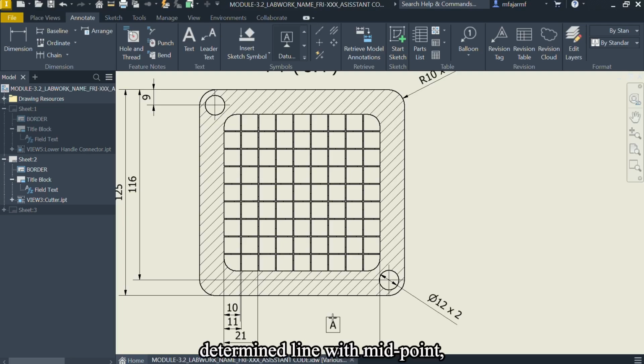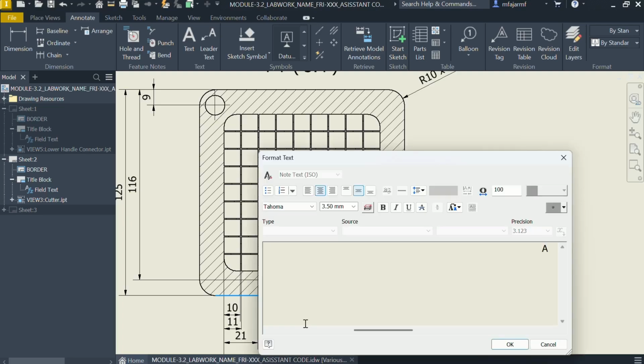Click on determine line with midpoint like this. Left click. Drag to bottom side. And then left click. Change the datum to A. And then OK.